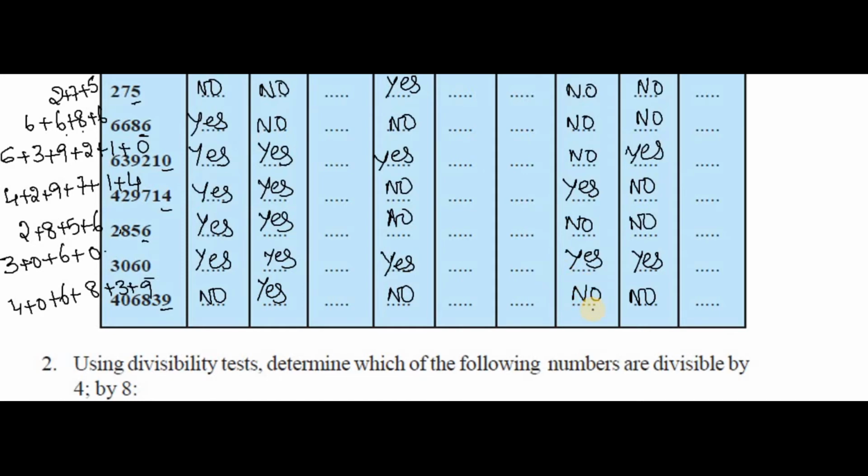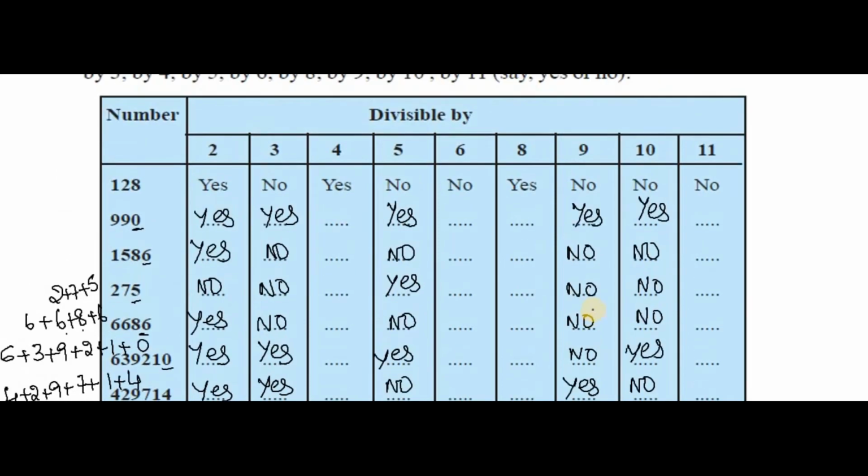Okay, so this is the way you are going to check the divisibility rule of 3 as well as 9. See what happened, 3 and 9 are completed at the same time, because the rule is the same. If the addition is a multiple of 3, then it is divisible by 3. If the addition is a multiple of 9, then it is divisible by 9. So that is the reason we can check it at the same time.